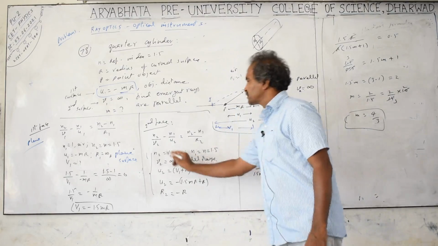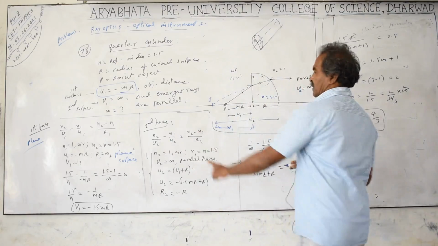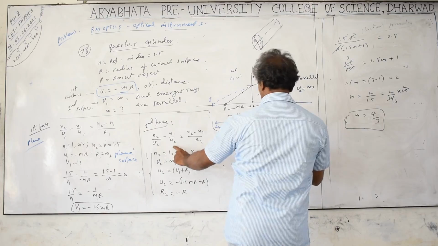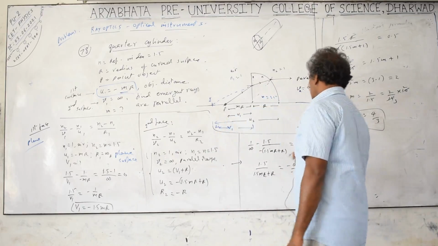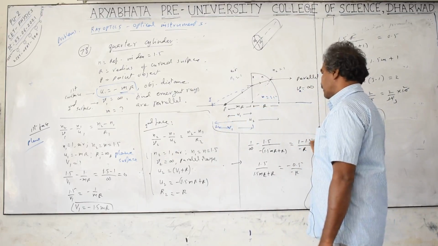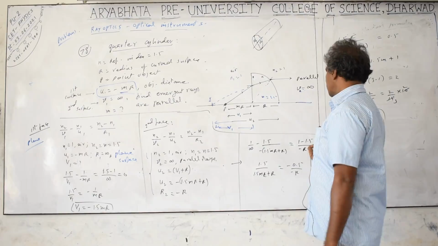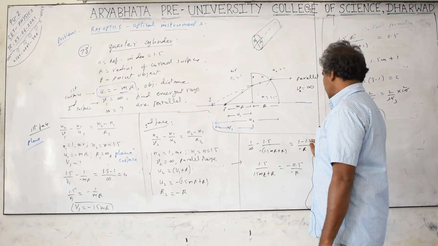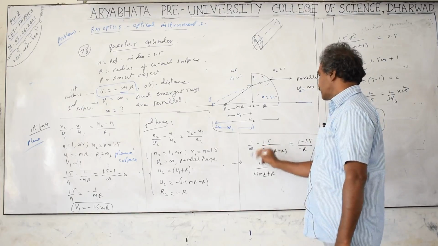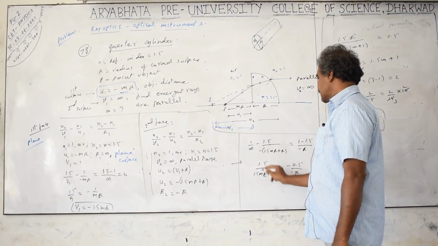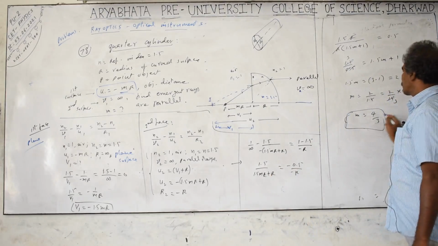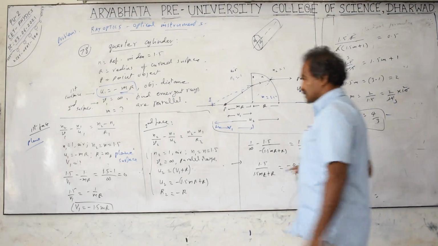Putting these values into this equation, n2 is 1 by infinity equal to minus 1.5 by u2 minus of 1.5 mr plus r. The right side is n2 is 1 minus n1 is 1.5 by r2, the second surface is minus r. 1 minus 1.5 is minus 0.5. So minus into minus becomes plus. Here 1 by infinity is 0. 1 minus into minus is plus. The result of these calculations, you will get m is equal to 4/3. Check the steps by yourself.